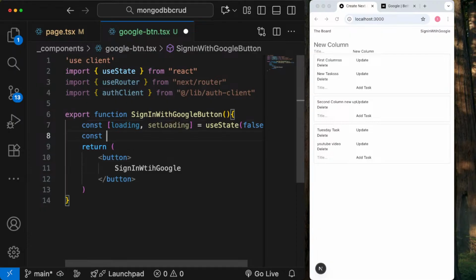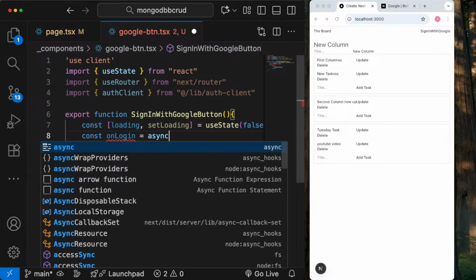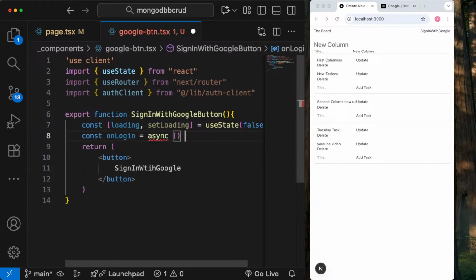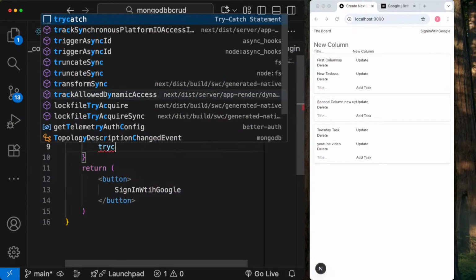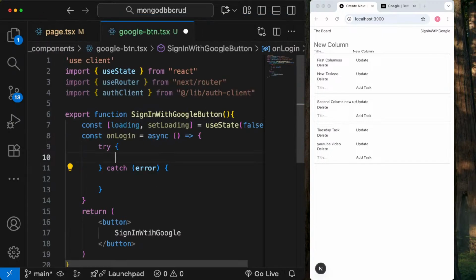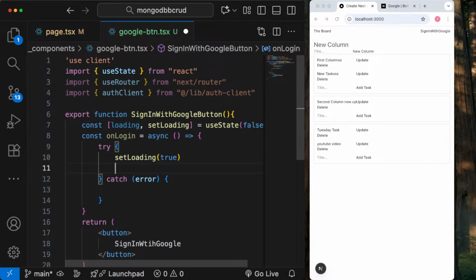Then create a const named onLogin. And this is going to manage the logging in of the user. And we'll pass this into the button in just a moment. But inside of this onLogin function, we'll set the loading to true because we're attempting to log in at this point. And then we'll go await